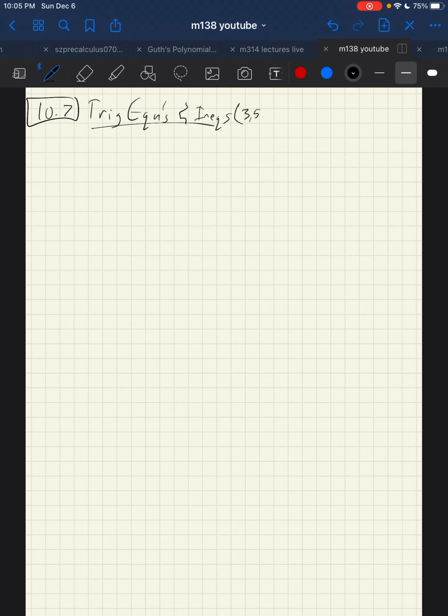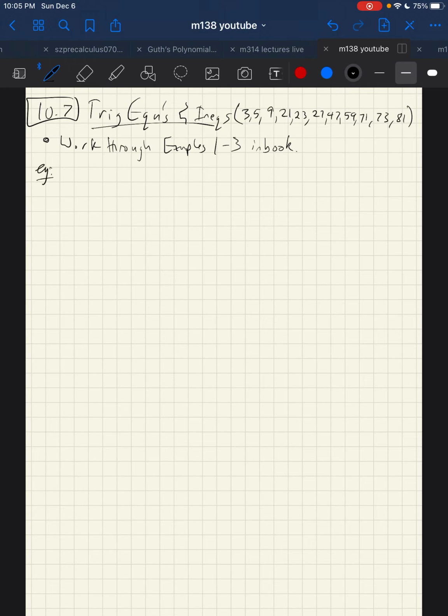We've got 3, 5, 9, 21, 23, 27, 47, 59, 71, 73, and 81. And I'm going to ask that you work through examples 1 through 3 in the book. So there's some different things we can do with equations and inequalities, but basically the way it's going to work